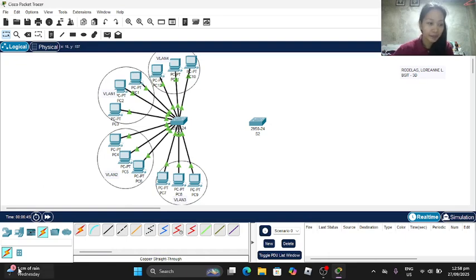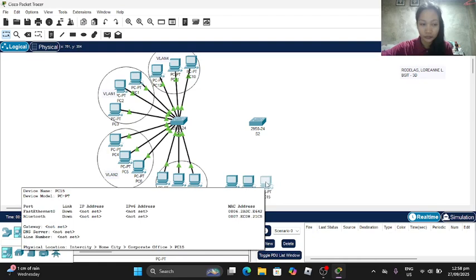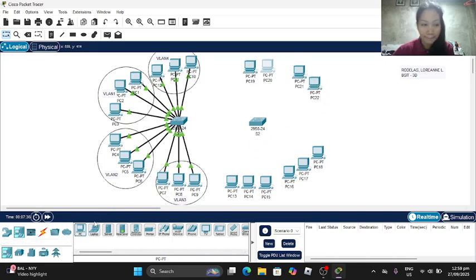So for the VLAN 1, PCs 13 to 15, so 16, 17, 18, 19, 20, 21, 22, 23, and PC24.